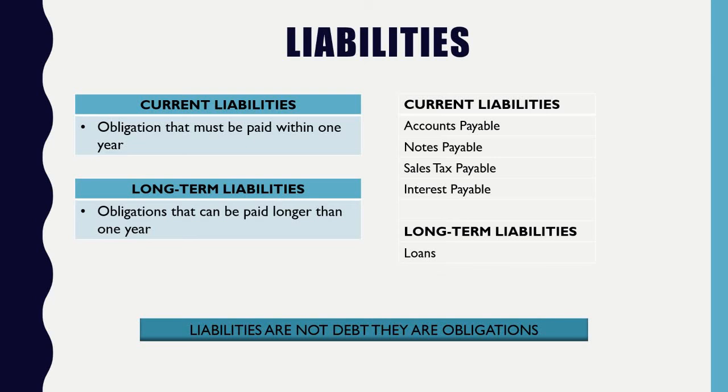A business loan could be anywhere from 5 to 6 years or 5 to 10 years, depending on how much you owe and what your credit score is and how much you're willing to pay back. Now, of course, long-term loans will also accrue interest, but that's how you are going to determine it. You're going to determine it as something that you're going to owe for more than a